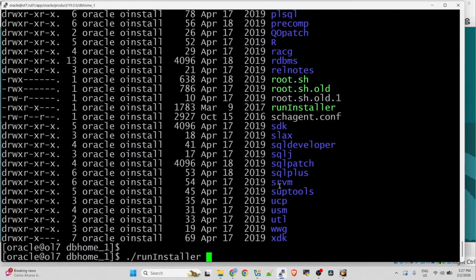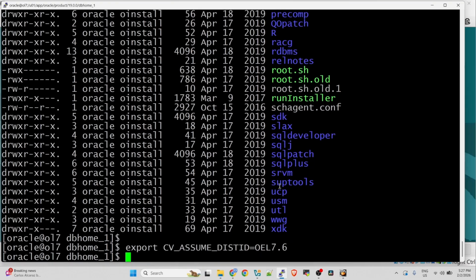By the way, if you are using a newer operating system, like for example Oracle Linux 8, you will need to do this first. export CV_ASSUME_DISTID=OEL7.6 before running the runInstaller, because you will receive an error if not.